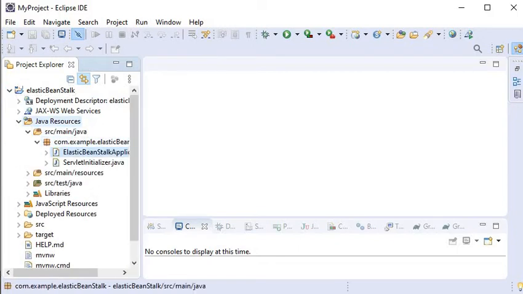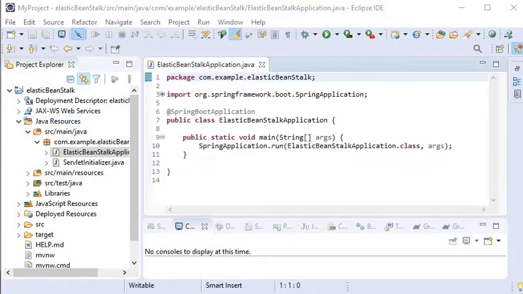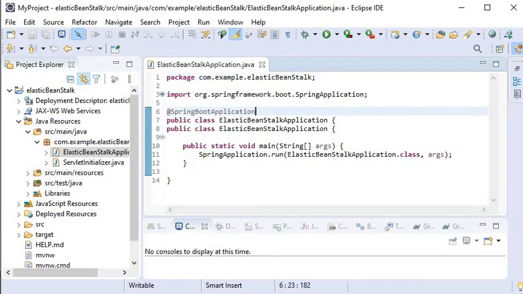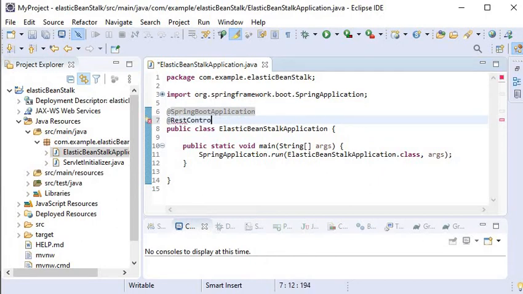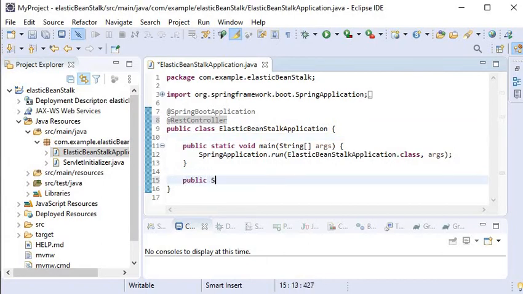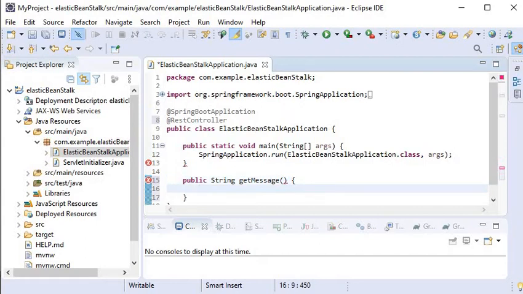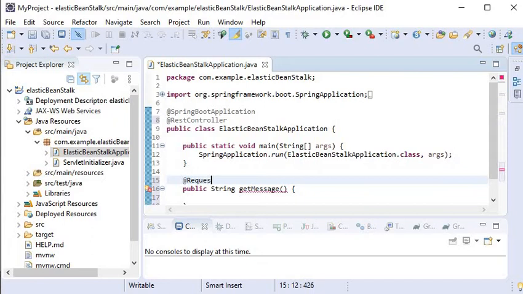So here I will go to my main class, that is ElasticBeanstalkApplication, and here I will use the annotation @RestController, and I will create one endpoint, that is public String getMessage, and here I will use the @RequestMapping annotation at function level, and here I will return a string message, return